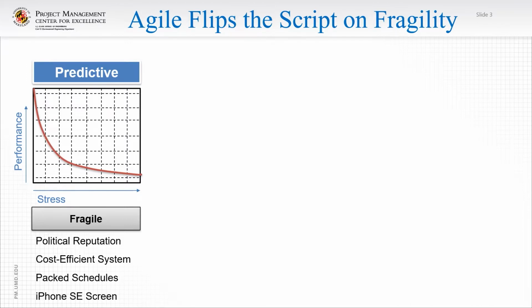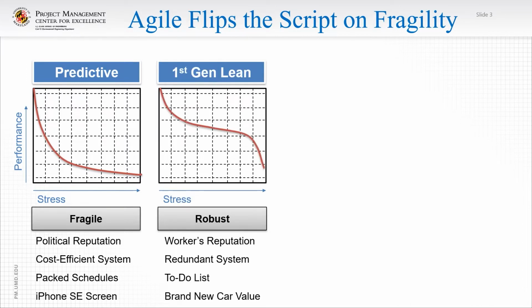And then lastly, the iPhone SE screen. The iPhone SE is replete over the internet, as well as in the experience of those who had them, that it essentially was constantly spidered and cracked because the screen just could not handle even the smallest drop.